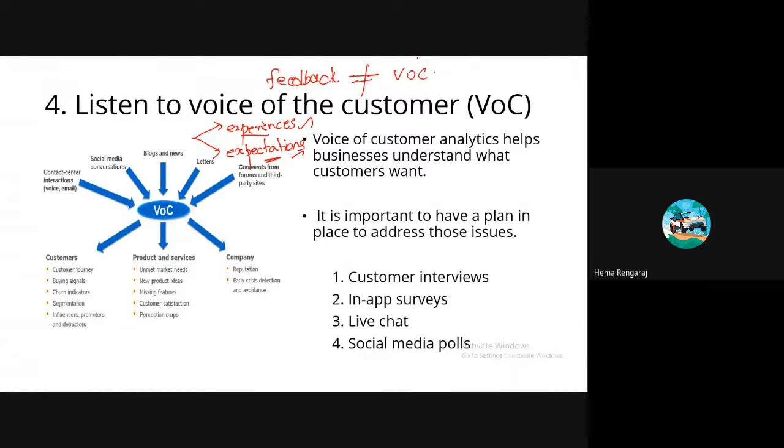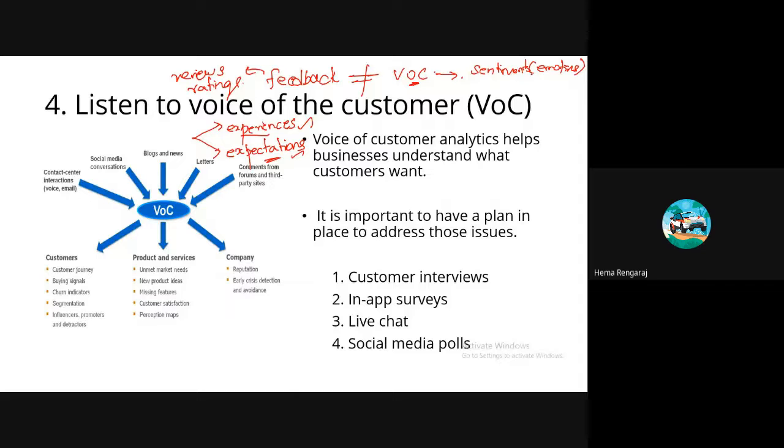Because the feedback is the reviews, ratings and some suggestions in text form. But the voice of the customer is the overall sentiment, that means the emotions, what your customer is actually trying to say to you.